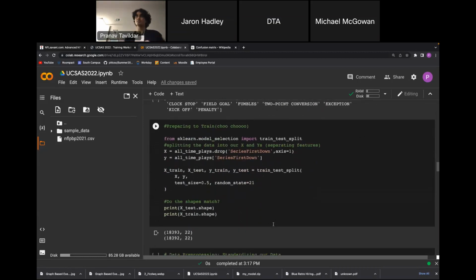Okay, now we're going to train. Now we're going to actually start doing some machine learning. How machine learning models work is that you have to split the data set into a training set and a testing set. The testing set is for later, when you want to verify how accurate your model is. The training set is for actually fitting the model. Remember I was talking about backpropagation and gradient descent? That's done with the training set. There's another popular package called sklearn.model_selection, and there's a method called train_test_split.